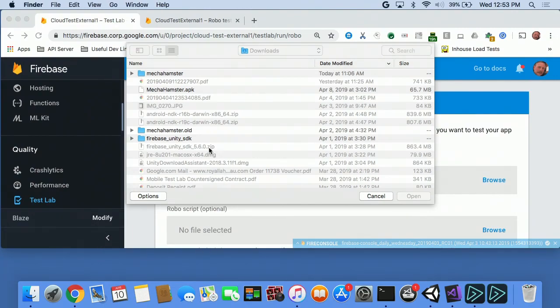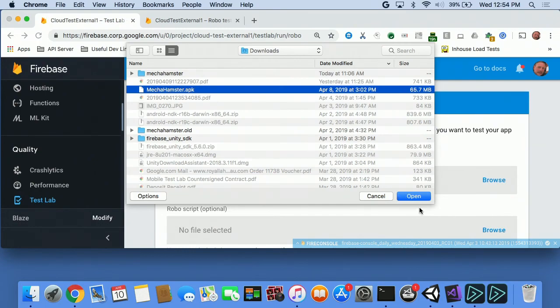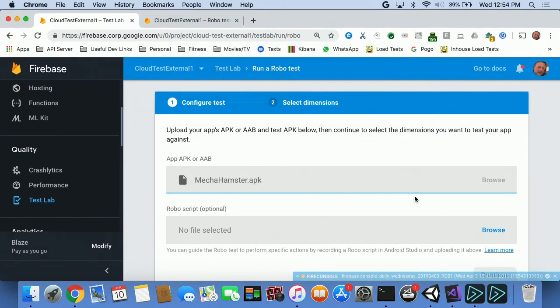All right. Anyway, so I'm going to click on this here, which is the Mecha Hamster APK to upload. There we go. That's better. So now this is the Mecha Hamster game. It's going to upload this game into a Google Cloud Storage bucket, rather slowly, I might add. And then it's going to allow us eventually to pick from a set of devices on which we want to